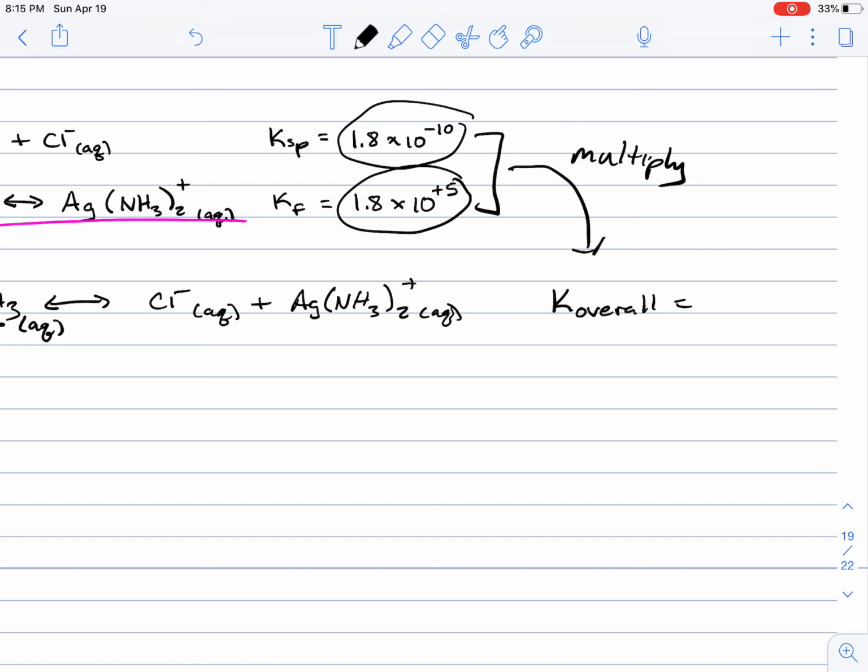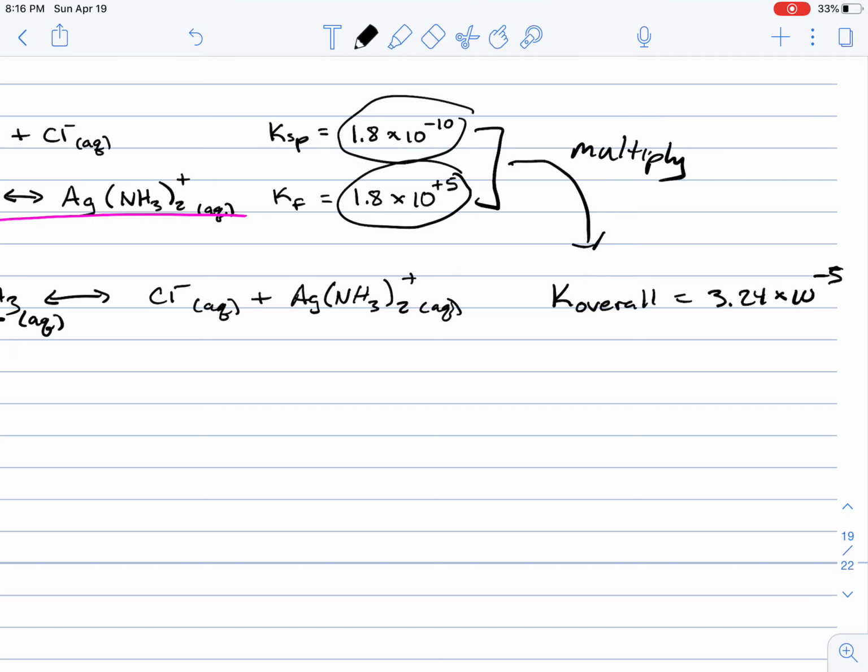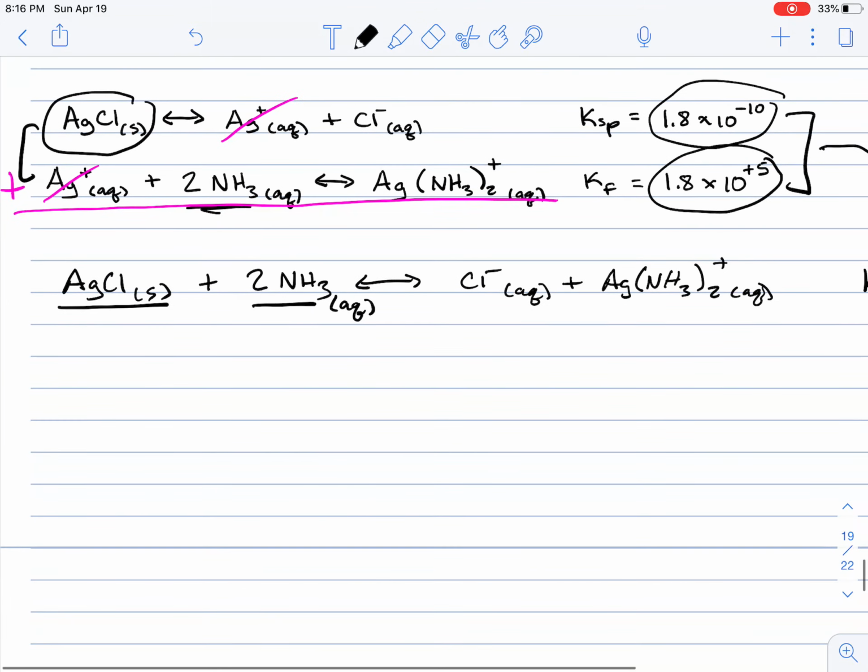And so the overall K is going to be 1.8 times 10 to the negative 10 times 1.8 times 10 to the positive 5. And the overall K value is going to be 3.24 times 10 to the negative 5. Okay. And so now that we correlated this chemical equation to its equilibrium constant, we can go ahead